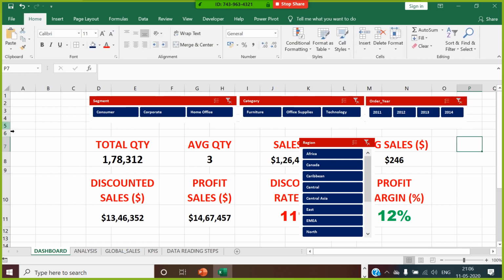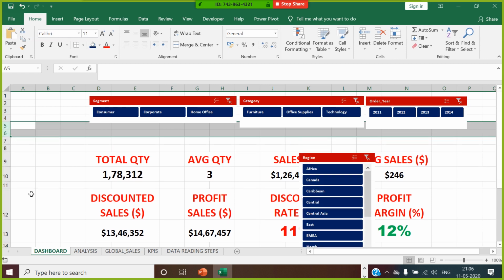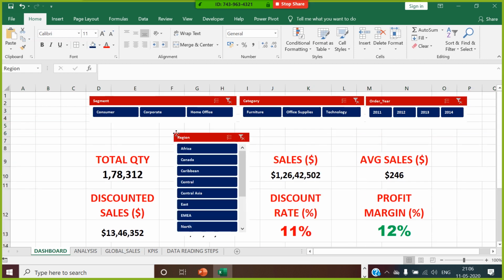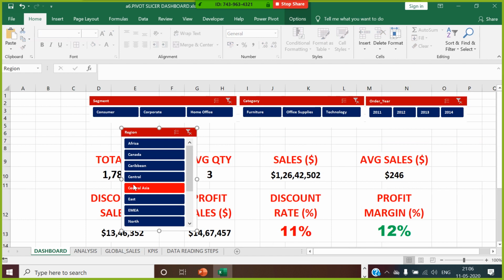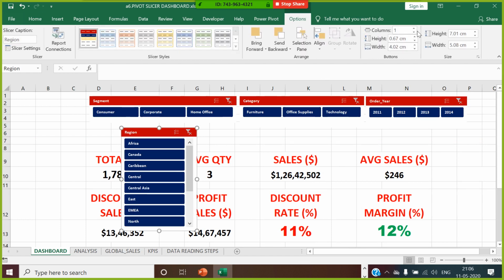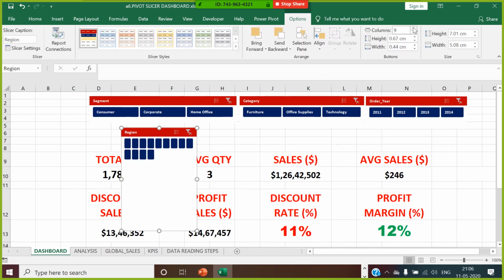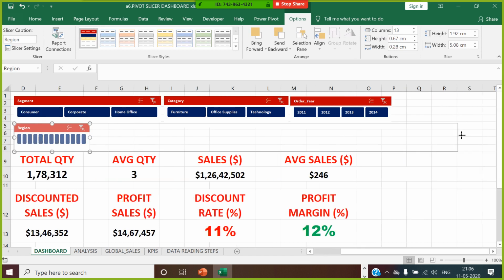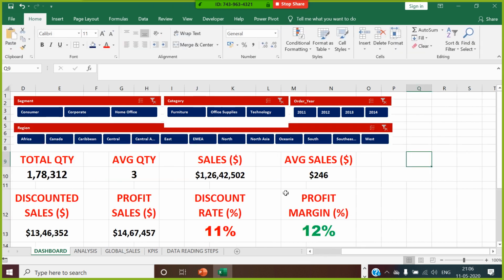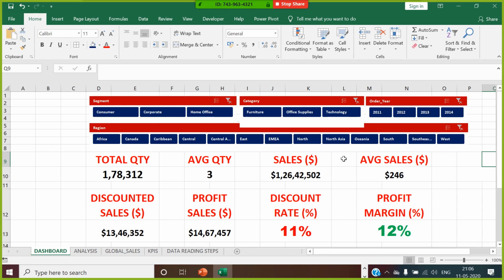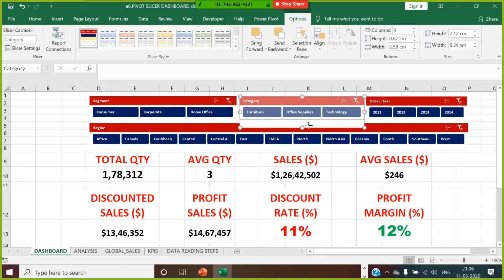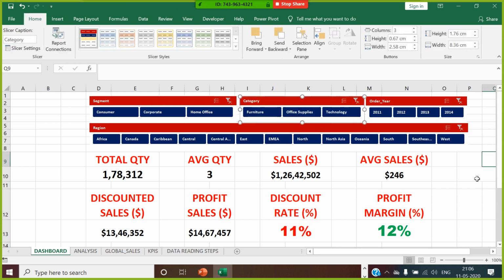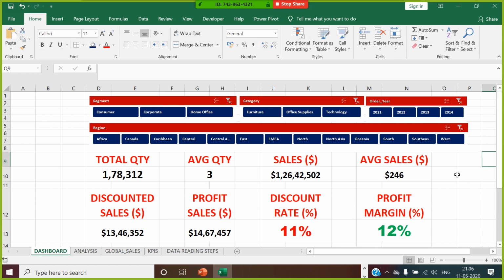Okay. Now insert one more row. How many is coming? 8, right? The options make it to 8. 8 and more. So let's say how many of them are coming. So these are the different region value which is given here, which you can select. Okay guys, understood now? Okay. So this is how you design your dashboard.